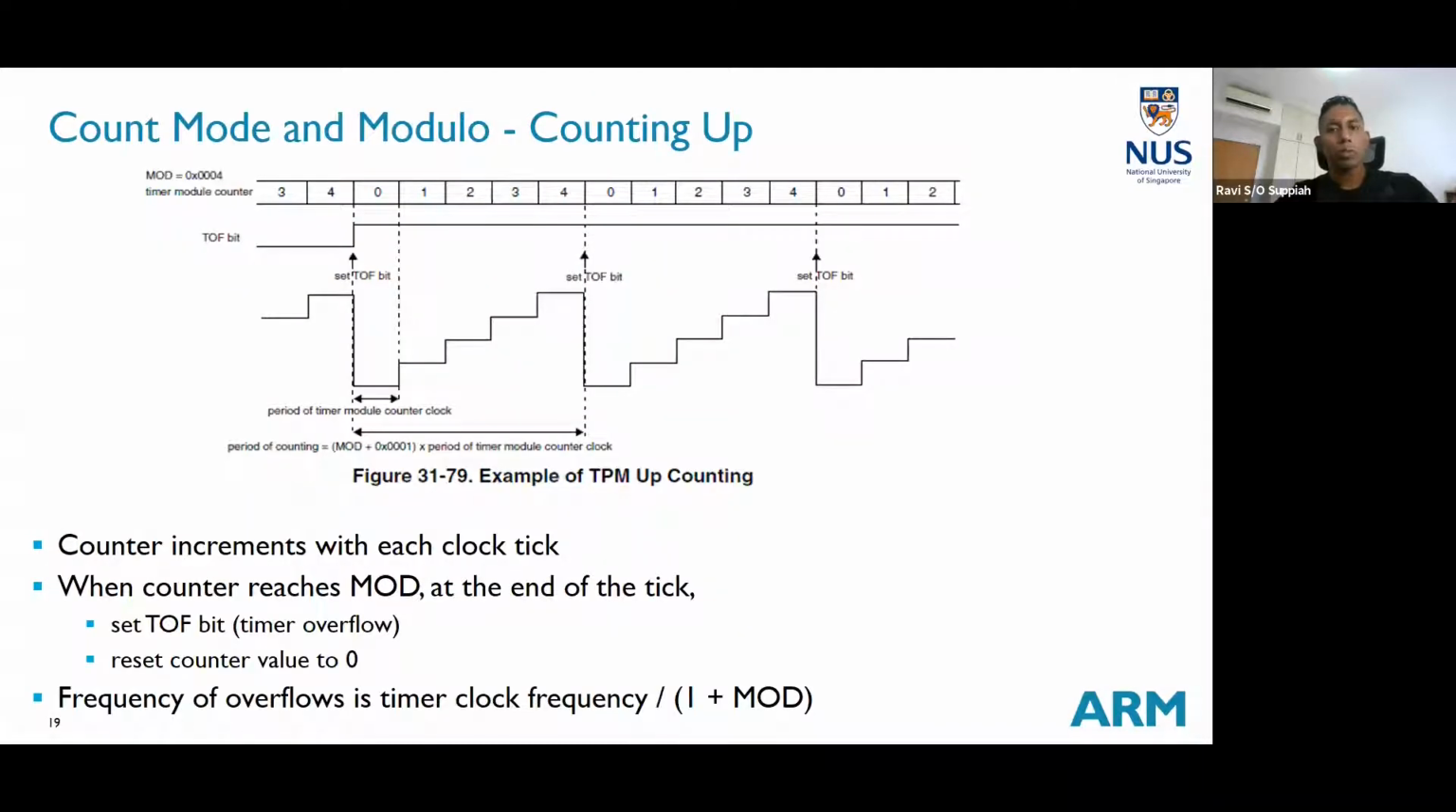Now, in terms of the counting, this is the counting up sequence. So in the counting up sequence, let's say here I set the mod equal to 4. So I will go from 0, 1, 2, 3, 4. So that is the mod. Whenever I overflow, as you can see, the overflow bit is set whenever I transition from the mod value to the overflow. That means I do a reset. So that is when the overflow flag bit is set,